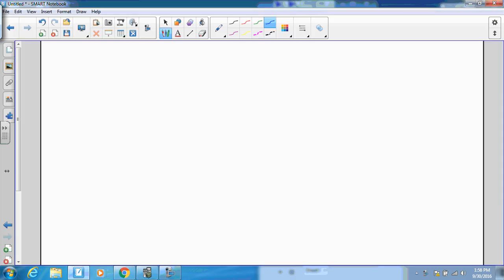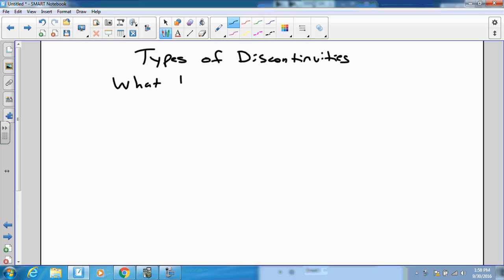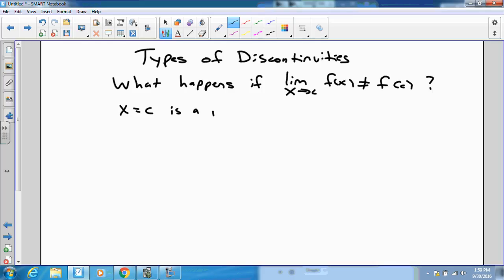So we're going to talk now about types of discontinuities. In other words, what happens if the limit as x goes to c of f of x does not equal f of c? When that happens, we say that x equals c is a point of discontinuity